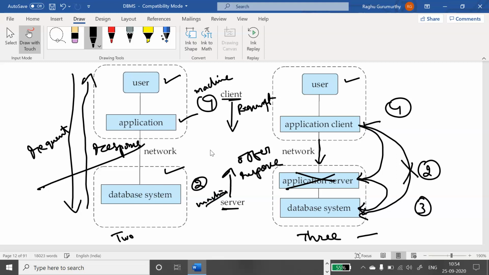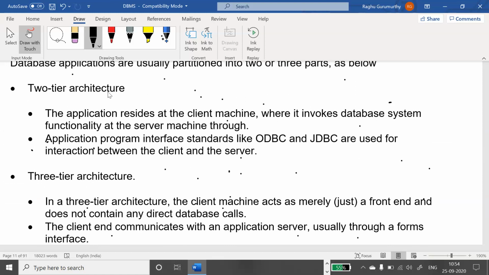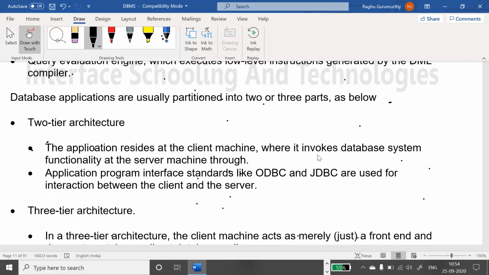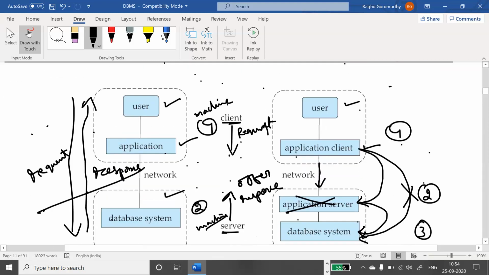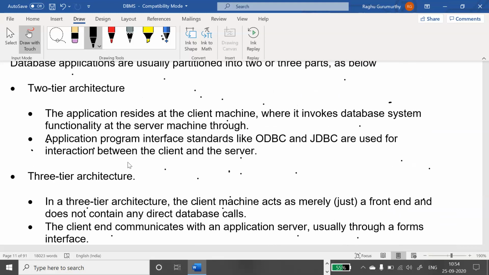Coming to the points, in two-tier architecture, the application resides at the client machine. This is a very straightforward thing. Where does the application reside? Of course, at the client machine. It invokes database system functionality at the server machine, through request and response. Application program interface standards like ODBC and JDBC are used for interaction between client and server.